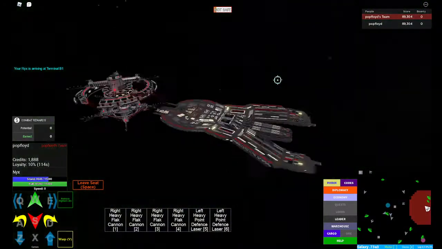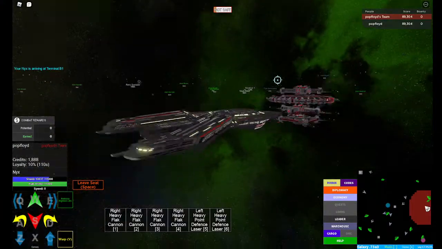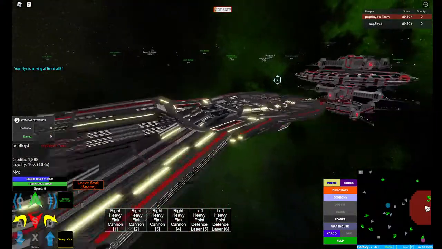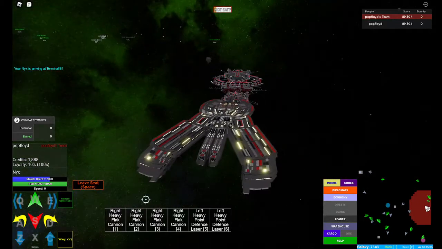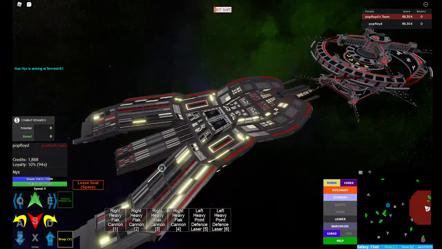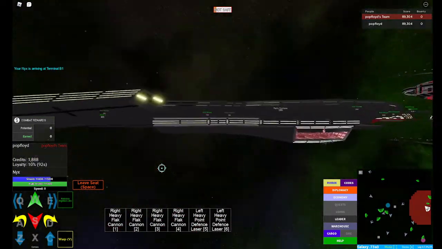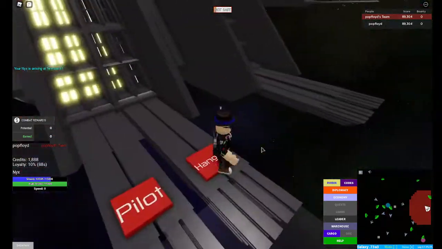Anyways, this is the normal NYX, which has stood the test of time and still been a good ship, and still is a very, very good ship. And you can see it has very high health, 26,000. 26,000 total, and 6 heavy turrets. It doesn't do a whole lot of damage, and it's not very maneuverable, but it's still good. And if we release the fighters, you can see